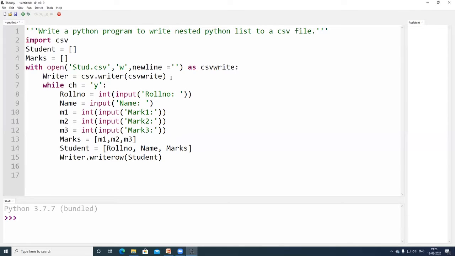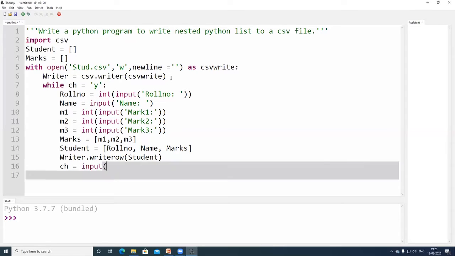If this is done, you are going to get the choice from the user. Input: do you want to continue? You are saying it as yes or no, right?